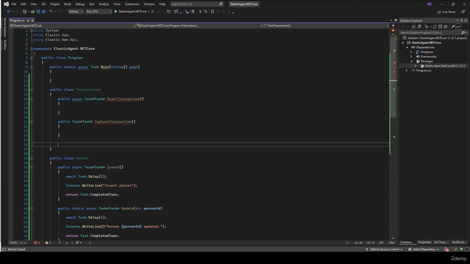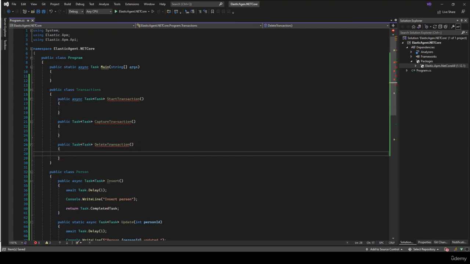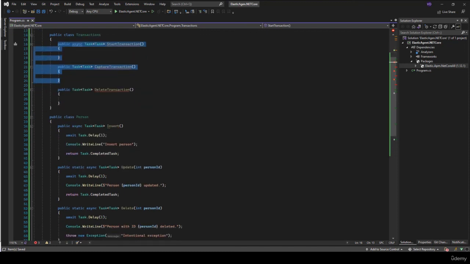I just want to showcase different scenarios of how you may use the code, but whatever you use on your side is probably going to be okay anyway. And then another one which I'm going to call public, for example, Task. I'm going to return a Task again, all right? And then the Delete section. Now I'd like to point out something. The StartTransaction and CaptureTransaction will serve as the bridge and functionality of getting information from the